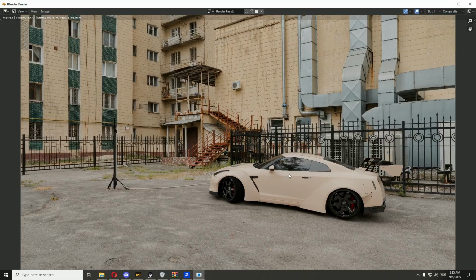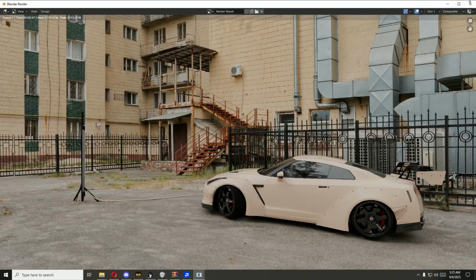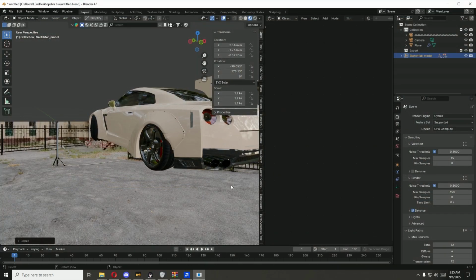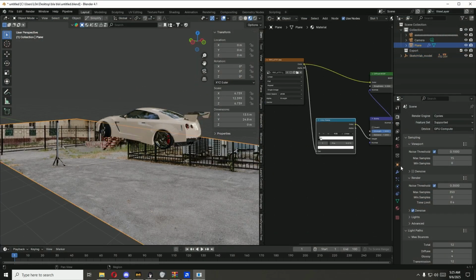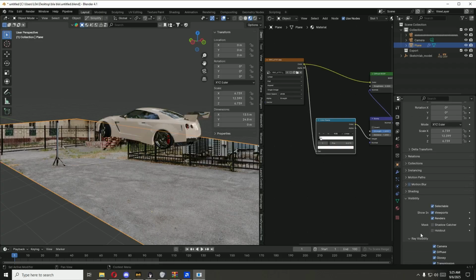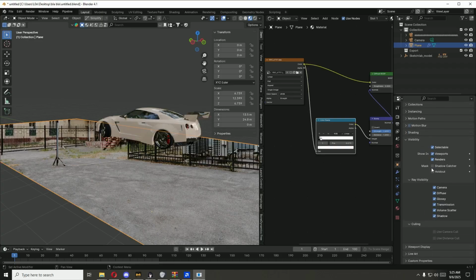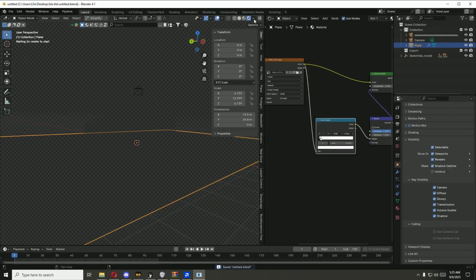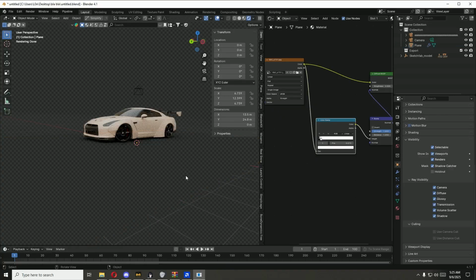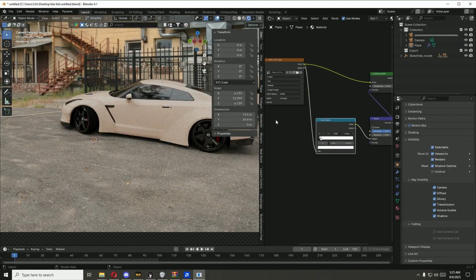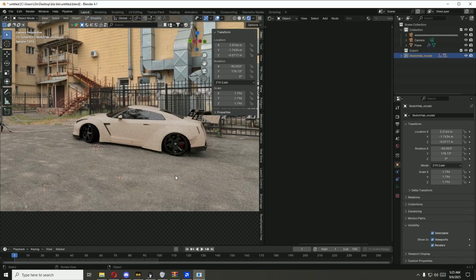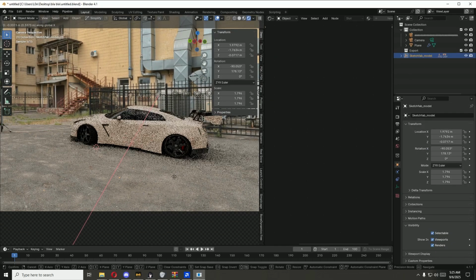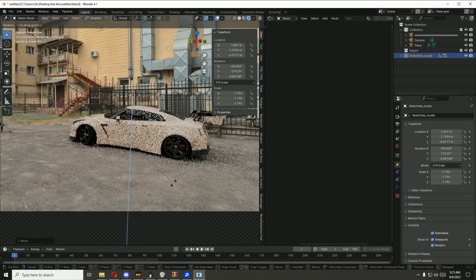F11. Okay, the placement is a bit off. Maybe the scale as well. Maybe the car should be a tiny bit bigger, like this. Go here, visibility, shadow catcher to this one. Okay, and now in the render view, see, it's just the shadow catcher. I would bring the car maybe a tiny bit like this, a bit closer to the camera, and